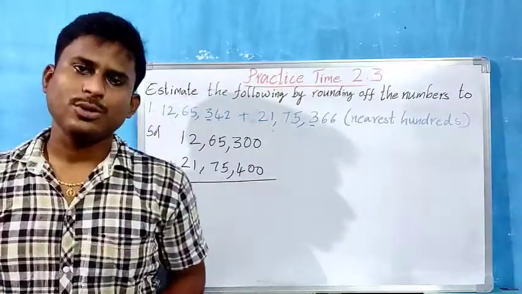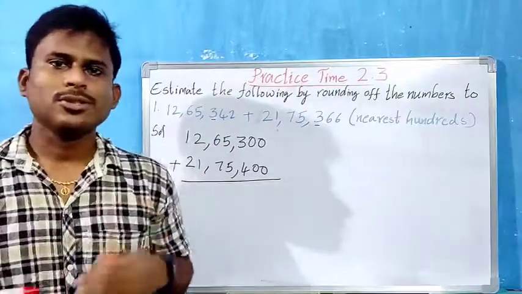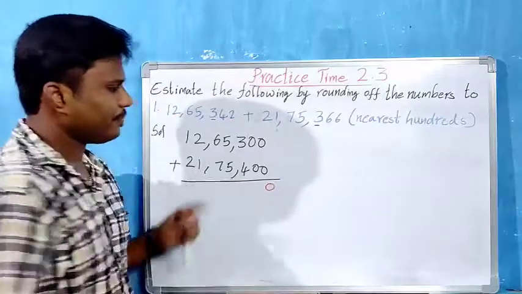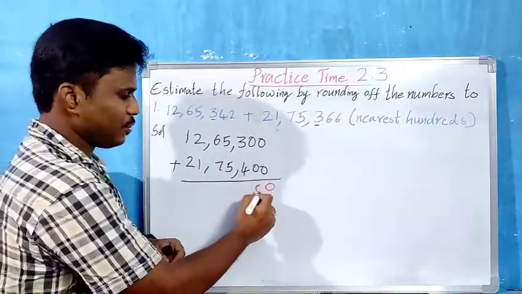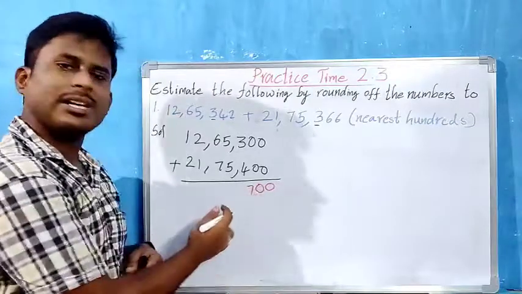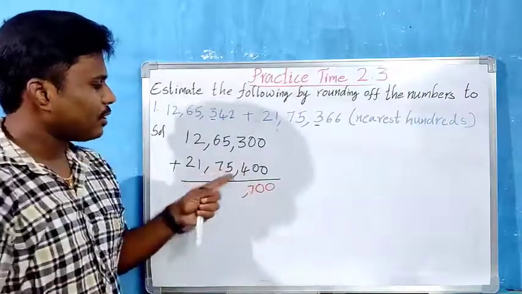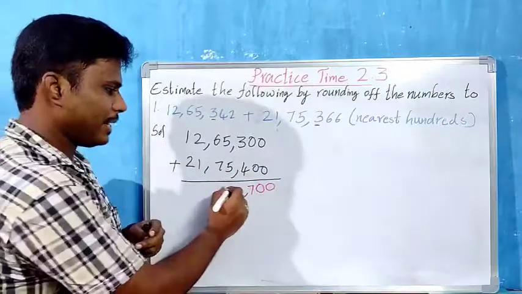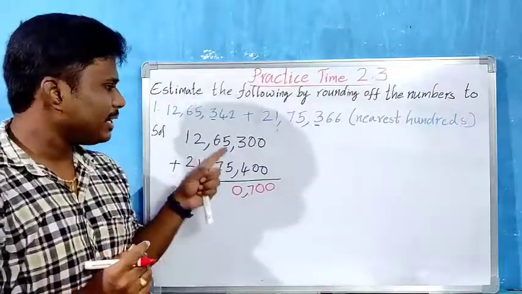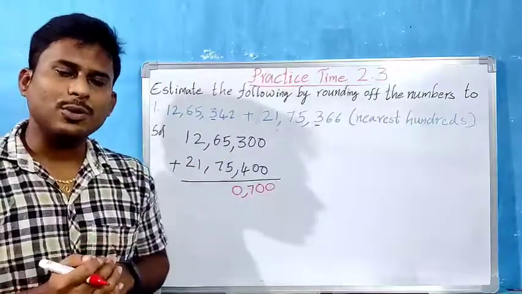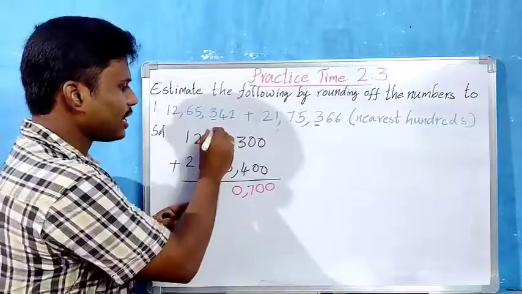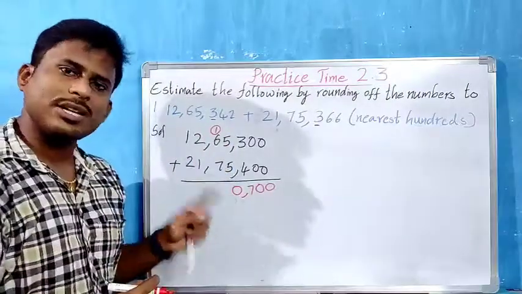Now we have to do addition here, children. If we add 0 plus 0, it is 0. 0 plus 0 again 0. Now 3 plus 4, 7. Once the period is completed, let us insert a comma. Now 5 plus 5, 10. 10 means what here? 10 thousands. 10 thousands equal to 1 ten-thousand. So 1 ten-thousand is regrouped and 0 thousands here.